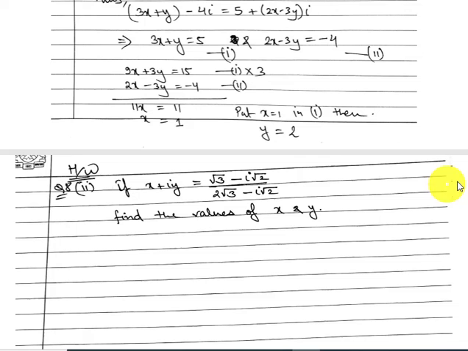Question 8 part 2: it's given that x plus iy is equal to this, then find the value of this. You can see that x plus iy is a complex number, and they are saying that this complex number is equal to this. So what you have to do is simplify the right side so that you get something in a plus ib form, and then you can compare the real part and the imaginary part, and that's how you will get your x and y. So this is all for today.